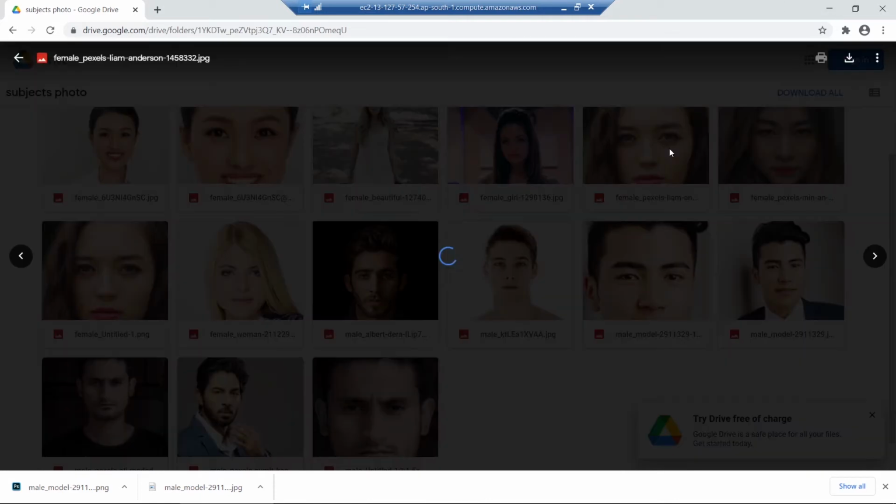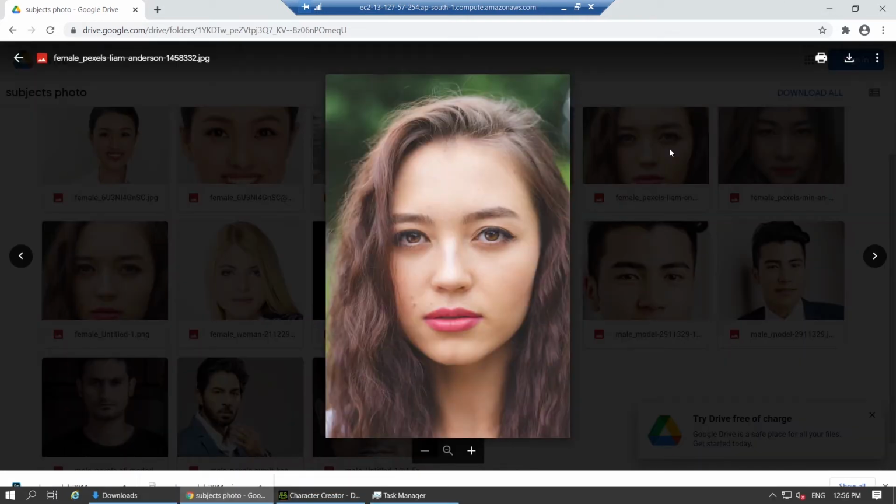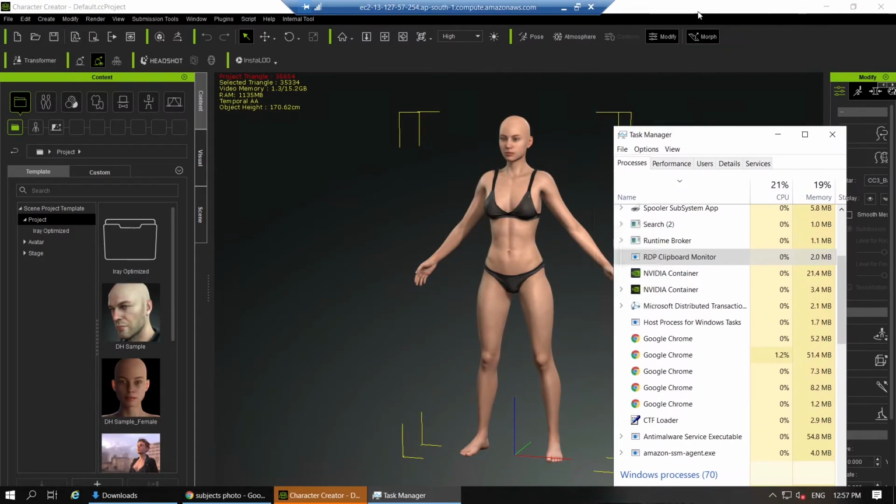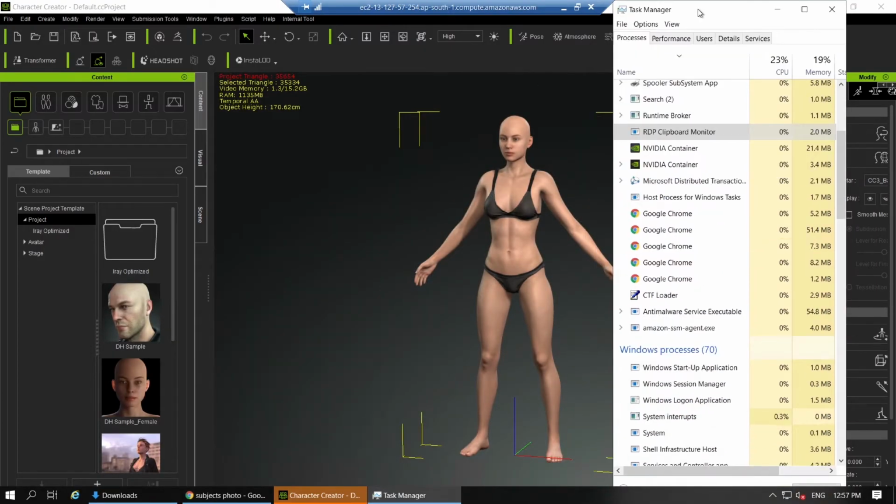What is required for the photos: if a photo is front facing and has been captured in a studio with the best lighting, then it will be best suited for this process. So we are in, and now I will walk you through the main process of getting your character from your photo and finally uploading it to our servers.